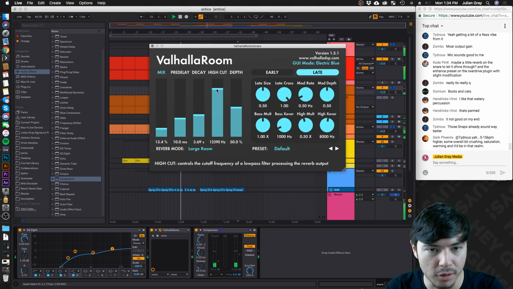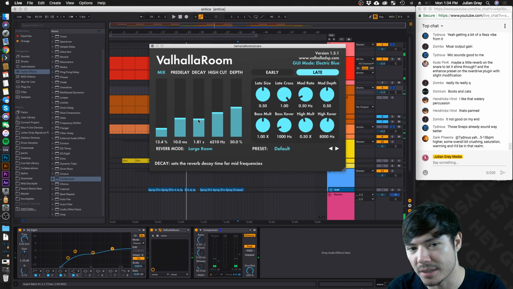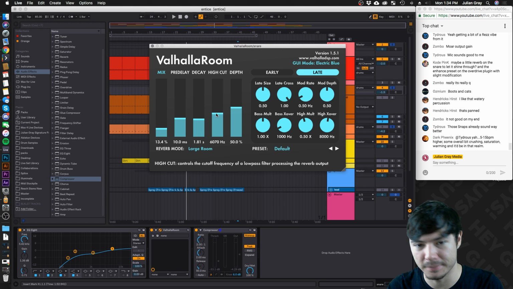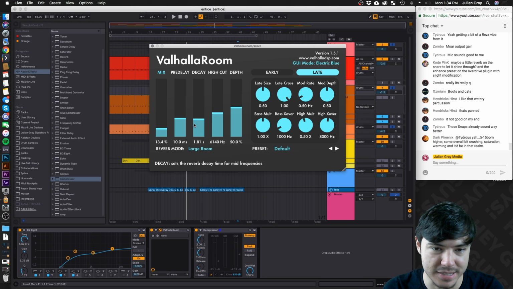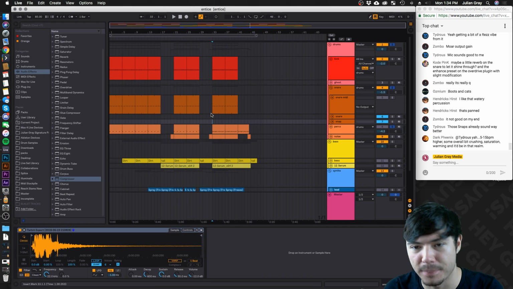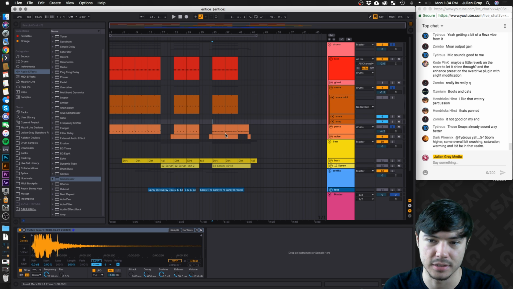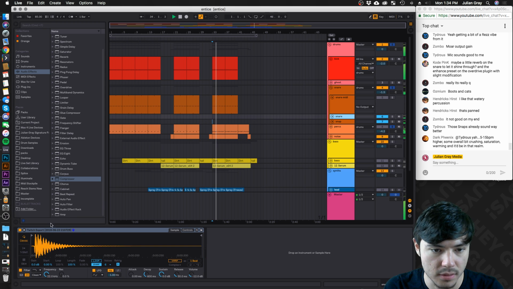I'm going to kind of open this up a little bit. And I want this reverb to sit in the background, so I'm going to reduce the high cut. This is basically going to cut the top end at 6,000 hertz or whatever it is that we're dealing with here, 6K. And if we do that, then we're not going to cloud up the top end, which is again where we perceive close to us. It's a little too much, I think.